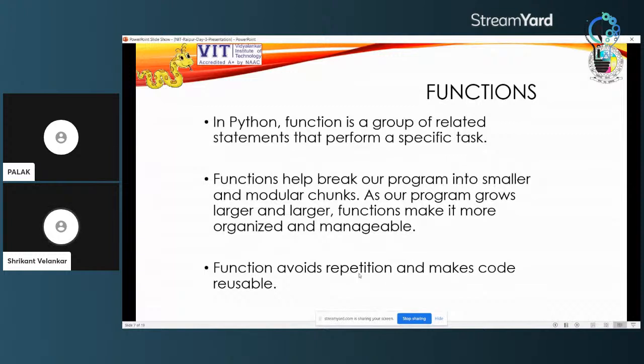So we also know that procedures, or functions rather, make your code more structured, more modular and organized. This is what functions are in any language, and in the same way they are the functions in Python.